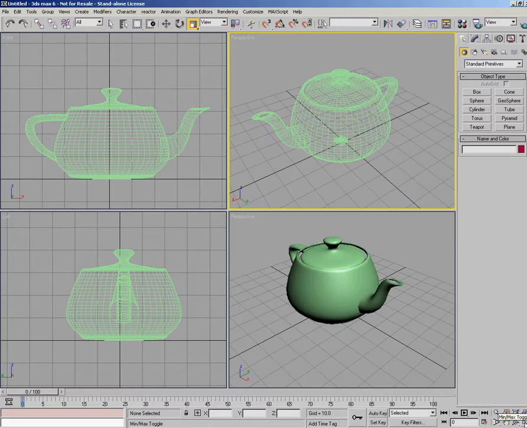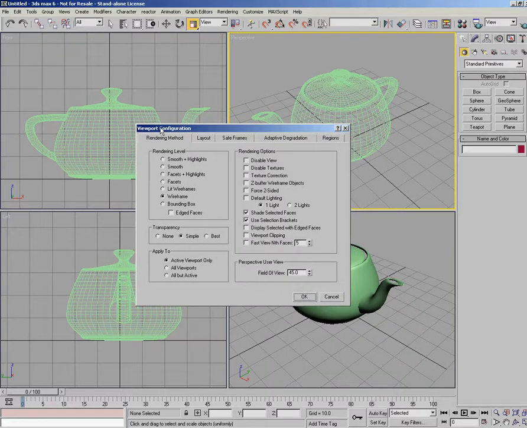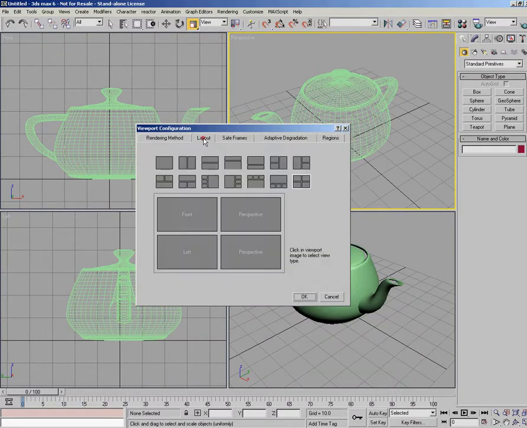But on the bottom right there's a min-max toggle, which you've just seen. Actually min-max is the viewports. But if you right click on that, you can actually get to the viewport configuration dialog, which has various areas, but for now we're just going to look at layout. And you can see that in layout you have various presets that you can use. One of the presets would be just a full viewport, or for instance we could split the viewport down the middle, and you can see it's got a front viewport here, perspective viewport here. You could have top bottom, slightly offset. You could have one large view, 3 little views down the right,